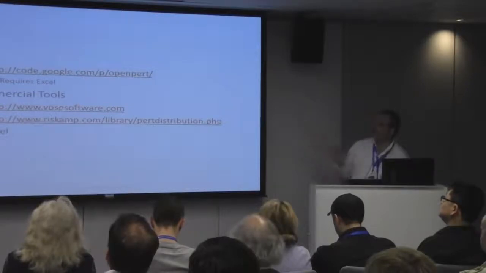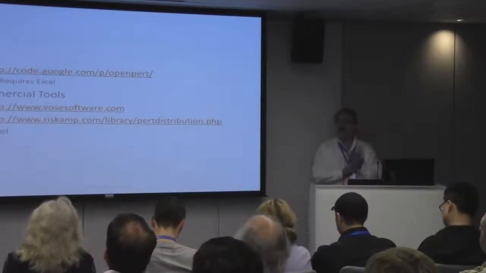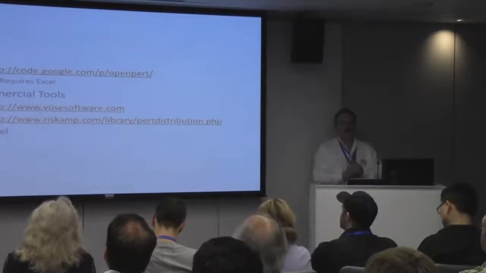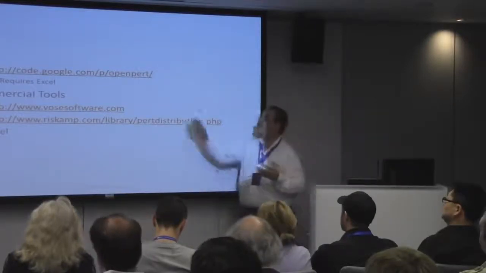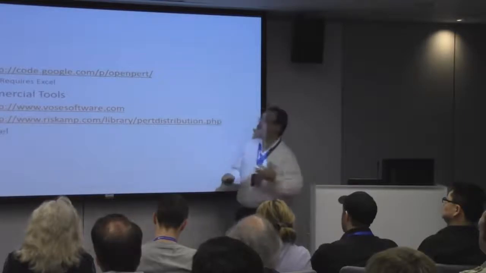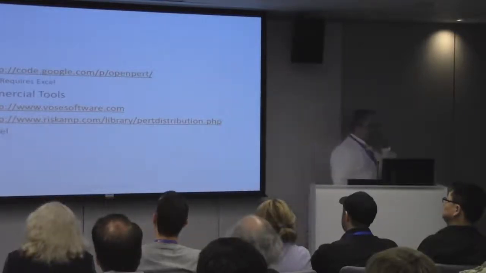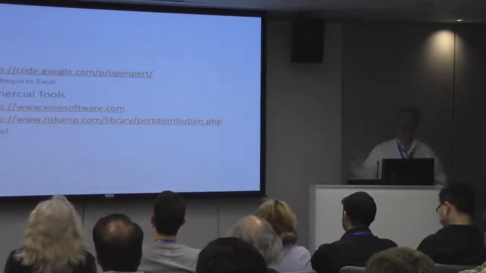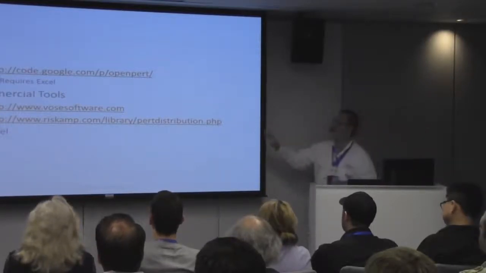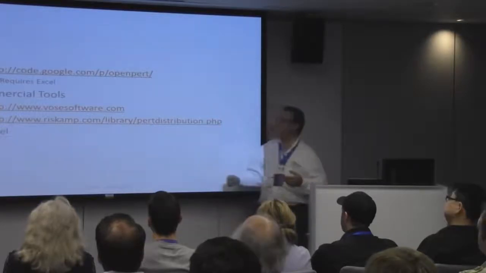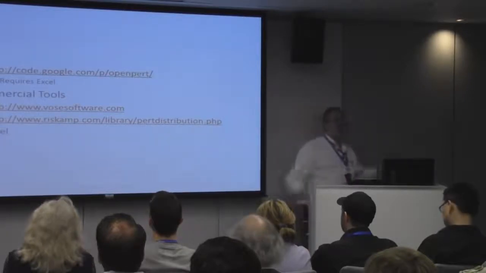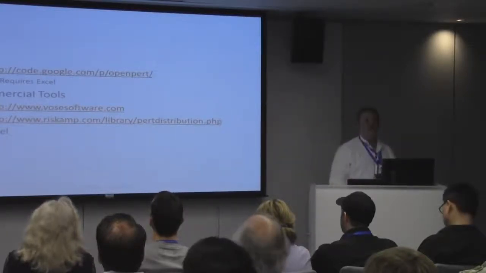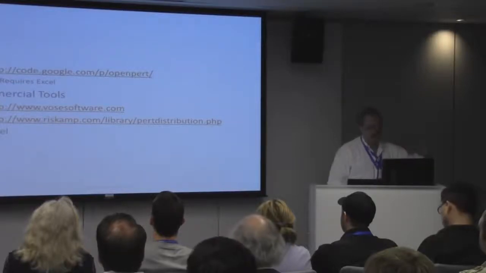Now, I mentioned Excel. Excel is a wonderful tool, and there are some power law distribution formulas built into Excel. There's a PERT formula built into Excel, but it depends upon randomness. So a bunch of folks created a lovely free add-on to Excel called OpenPERT that gives you better PERT formulas that do not rely upon randomness. Also, there are wonderful commercial PERT tools available from Rose software. I mentioned David Rose earlier, and RiskAmp, which provides their own PERT distribution for much less than what David Rose does. And of course, there's always Excel itself, which is a commercial tool.